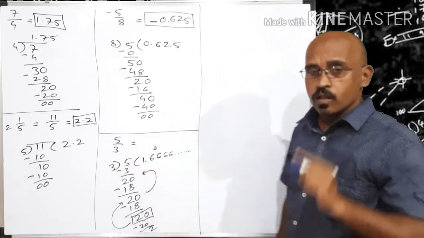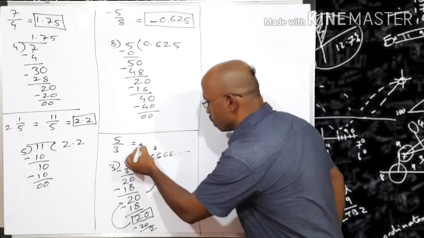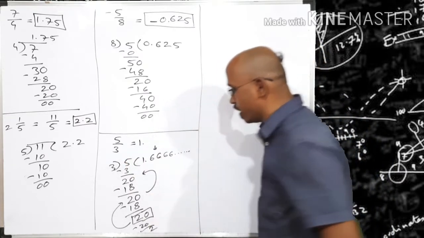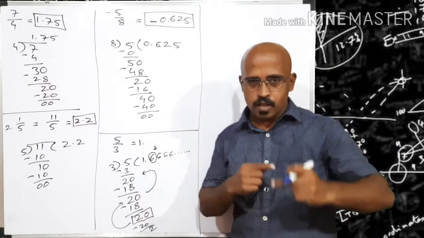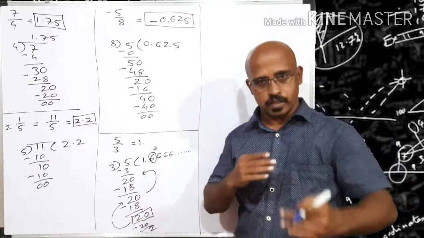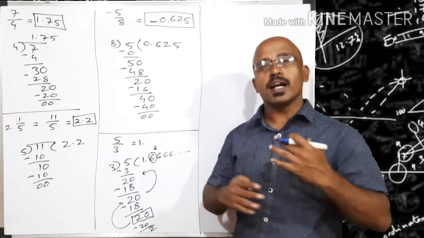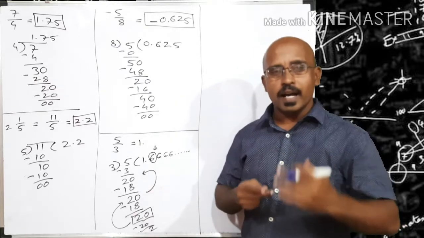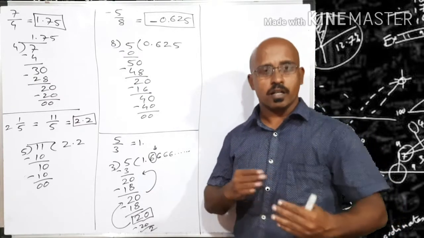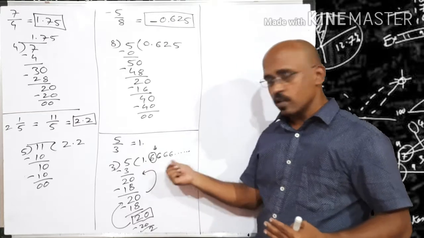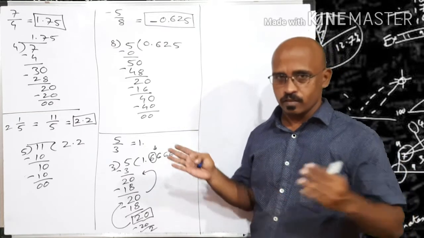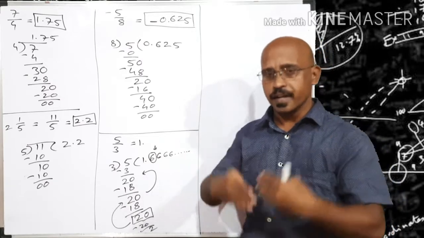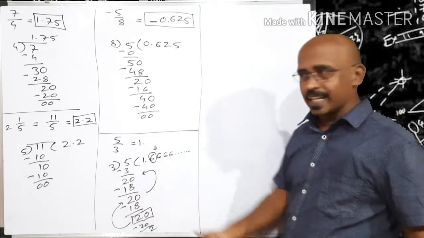1.666. In that case what we have to do? 1 is not terminating, 1 point. See, this 6 is reoccurring, coming again and again. This 6 is coming again and again. It is reoccurring, right? 6 is reoccurring as a quotient. So we call it recurring. Okay, recurring. So 6 is a recurring number.